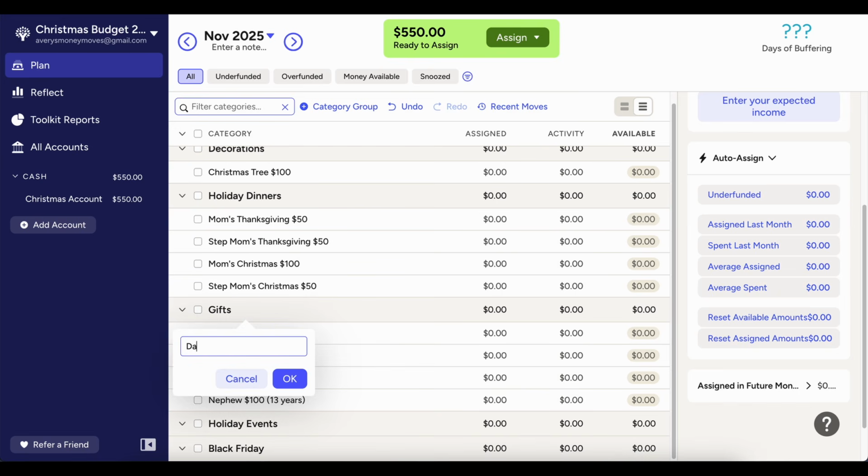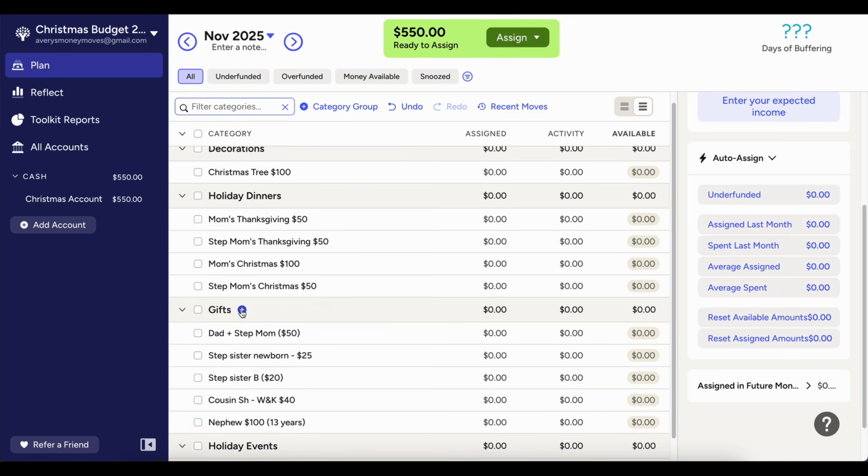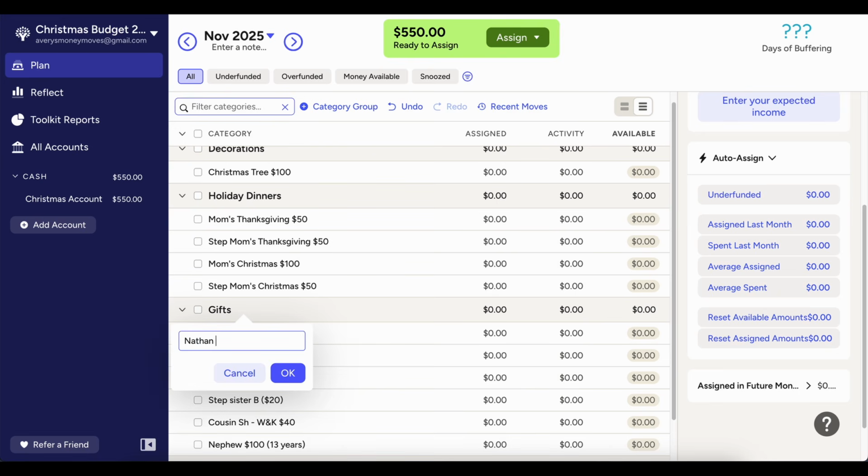And then from there, I'm going to combine my dad and stepmom together, and I'll probably just get them a gift card to one of their favorite places to eat. So we'll say $50. My mom is a little more bougie, so I'm going to say $100, and I'll, again, probably find out a week before what that gift is going to be. And then for Nathan, we're not really good at giving gifts to each other, because once we buy something, we just want to give it to each other immediately.